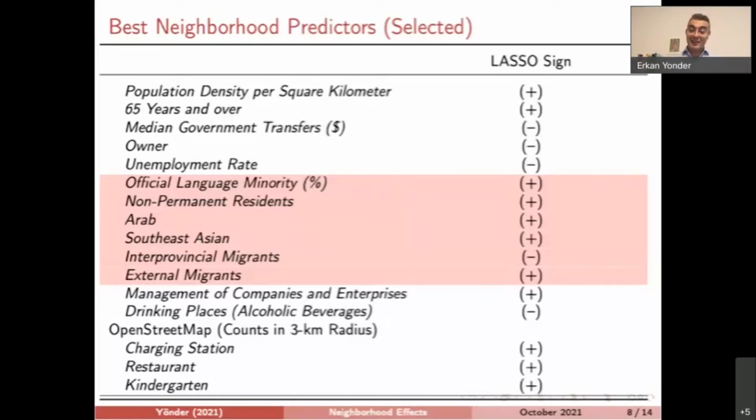And interestingly, there's one interesting finding. We see a negative impact of interprovincial immigration. So actually the immigration impact comes from the external immigrants coming to Canada. I think this is interesting because if you look at the literature, the impact of immigration is found to be negative on house prices in general. But we see a very different story right now in Canada.